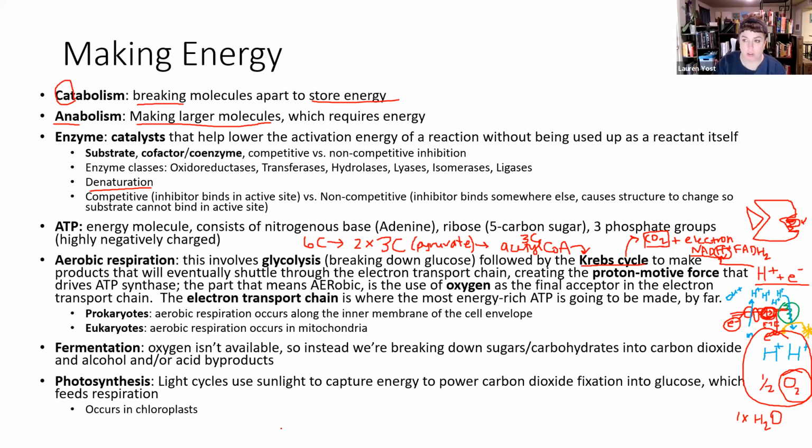So just to read through everything that's written up here, I gave my little explanation, my spiel. Glycolysis, breaking down glucose into the 3 carbons, right? Going into the Krebs cycle, making carbon dioxide and electron carriers, things that literally are just carrying electrons. We're going to shuttle those electrons through the electron transport chain, create the proton motive force that will drive ATP synthase to make ATP. We need oxygen as the final electron acceptor. That's why this is aerobic. That's why we suffocate and die. This is the electron transport chain where ATP is going to be made. This is where most of it's going to be made in all organisms.